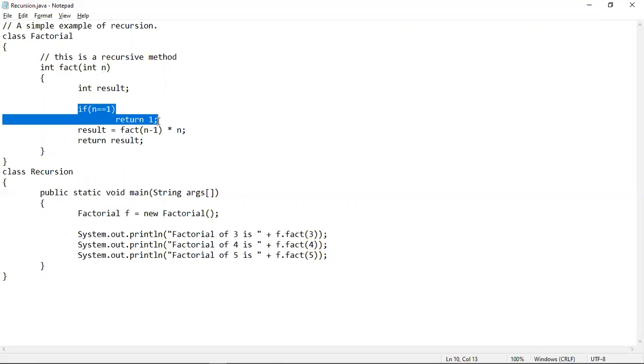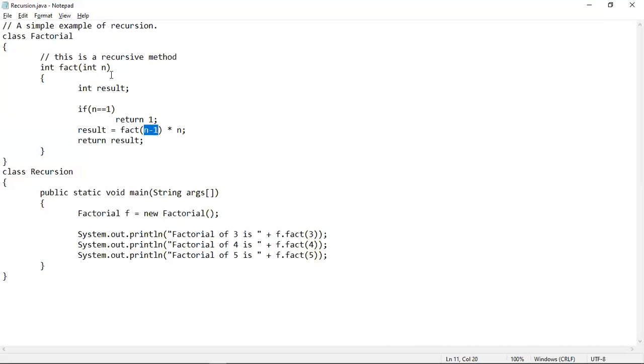Now this is the exit condition of this recursive method. If n equals 1, return 1. If the value of n is 1, then the value 1 will be returned. Now this is the statement where the factorial is being computed and the recursive call to the same method has been made. The statement is fact n minus 1. That means the same method fact has been called with the value n minus 1.